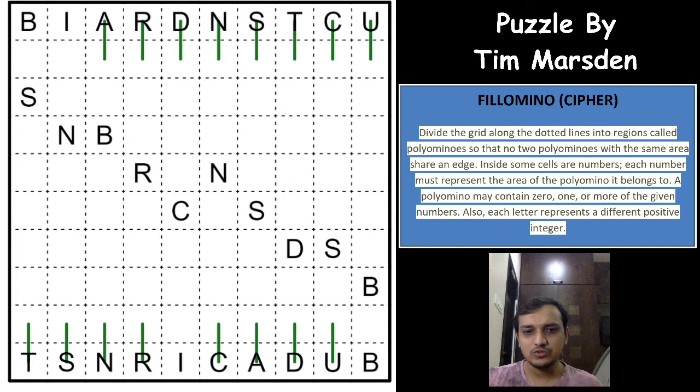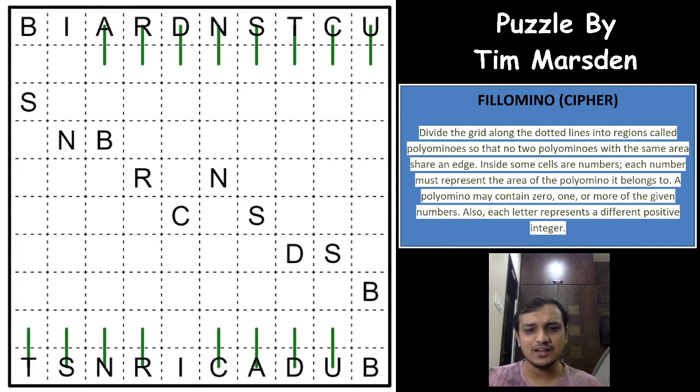Okay, so the only alphabet that is exactly below the same alphabet is R, which means that R has to be 10 cells, and we have got our first region that is of 10 cells, right? So we can mark that here. This R is of 10 cells here. What an excellent piece of logic this is.